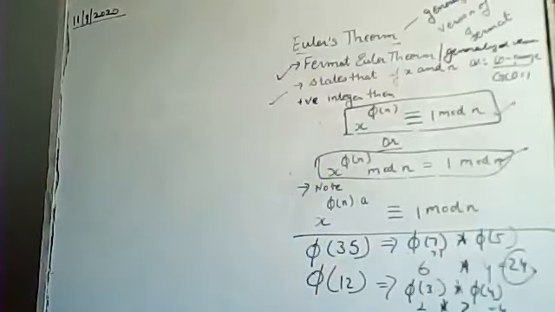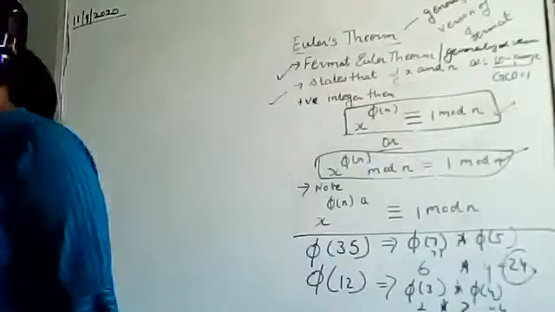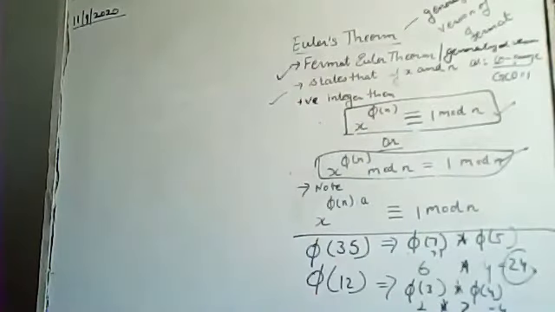Clear? So when we solve this, you will be able to understand the purpose of this, and what phi(n) is over here. How can we represent phi(n)? That is the Euler totient function.